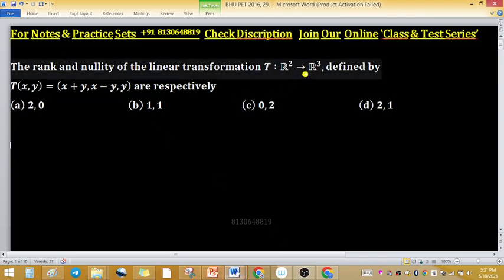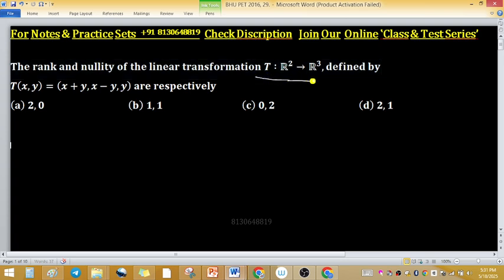The rank and nullity of the linear transformation T defined from R square to R cube are, respectively, for the options given to us. T is a linear transformation defined from R square to R cube, and this is a finite dimensional vector space. So, if a linear transformation is defined on a finite dimensional vector space, remember one thing, it will be both 1-1 and onto together,